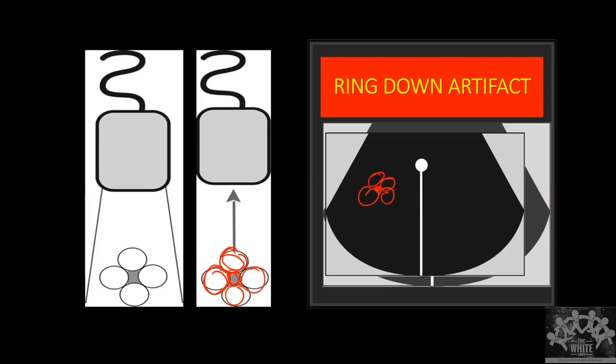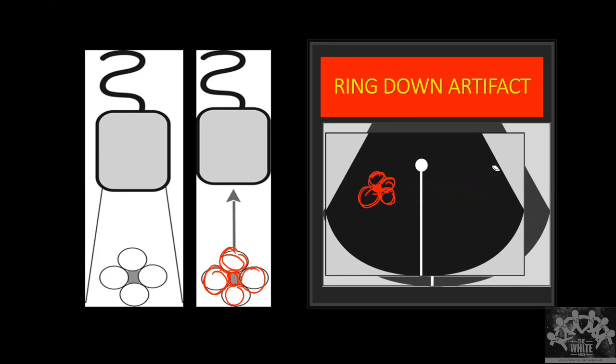Same way as it happened in the previous reverberation artifact, which I called the A lines, similarly multiple reflections can happen inside this air bubble, hitting the water molecules surrounding it, and it will give multiple closely spaced lines. If there are multiple closely spaced lines, you will not see separate lines. It will look like one single white line. This is called dirty shadowing that we see in a bubble. So whenever we see a bubble, you see some reflection of air from it.